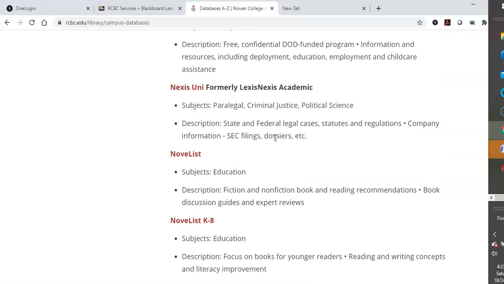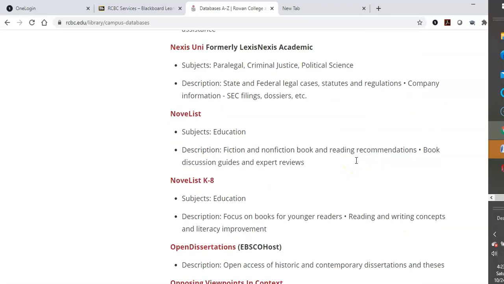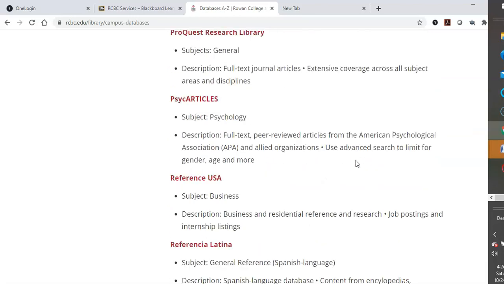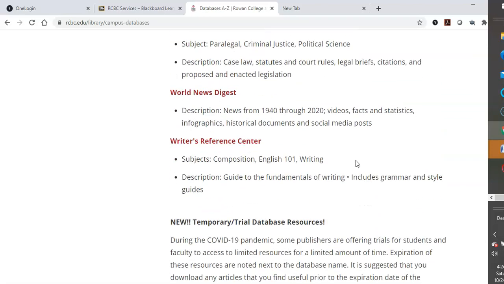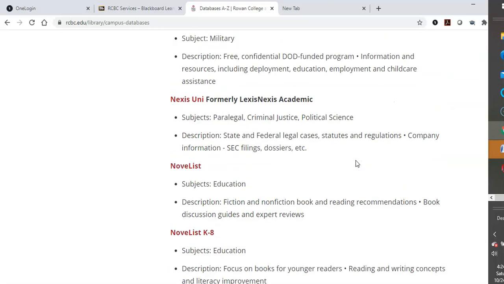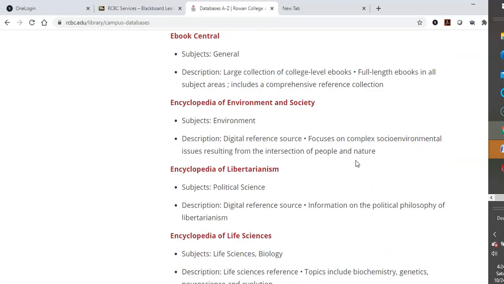And so on. I'm not going to try. There's the Nexis, now called Nexis Uni, and it's for criminal justice and political science. So there is lots here, and you should make yourself familiar with them just so you know what is available. There's a ton available. I'm going to illustrate searches through looking at the